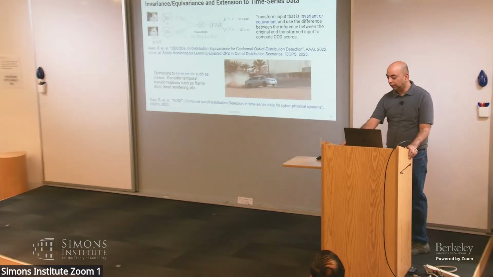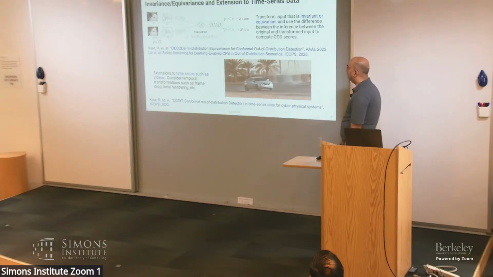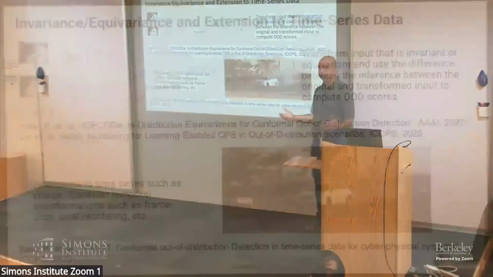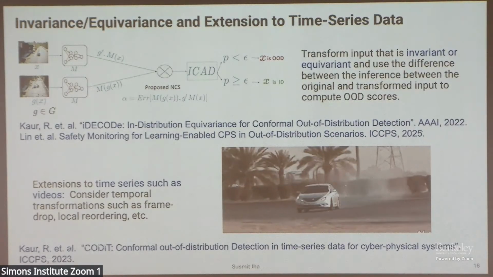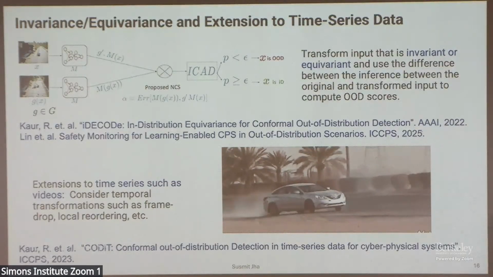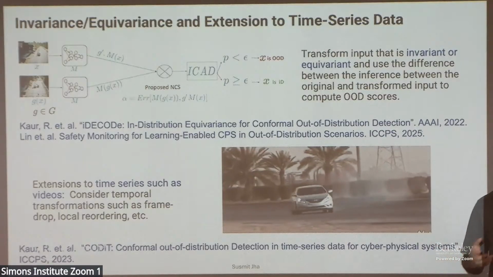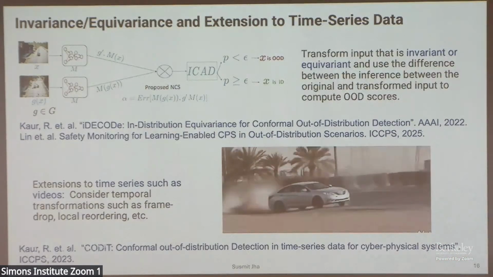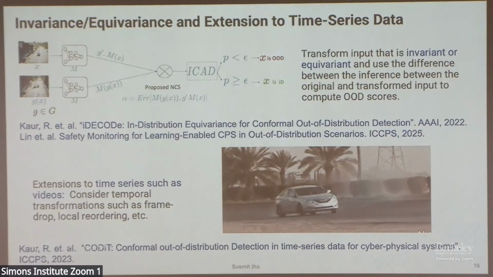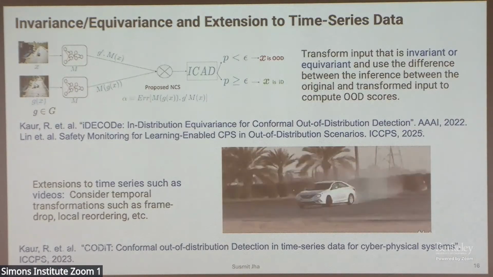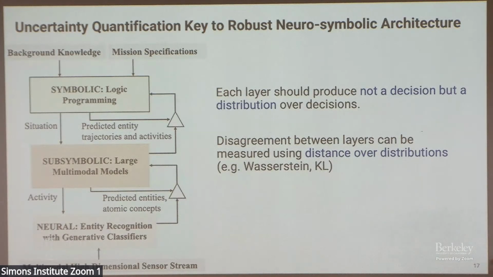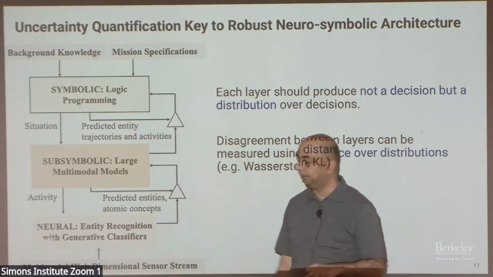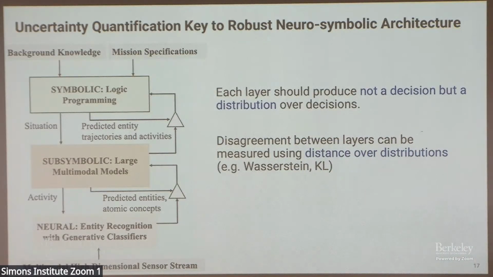Okay, so we also extended this entire thing to work with video kind of data, time series data, because obviously not everything is static. And we also looked at how we take advantage of invariance and equivariance with respect to transformations, especially if you think about embodied AI, robotic kind of applications. It's not just that you're looking at the input, you can do experiments with the input and then look at the result of those experiments as some sort of conformal set, and then run the same thing that I talked about. So apart from these extensions, what I will mention is that I focused a lot more on the entity recognition, how to do the uncertainty quantification here, but each of these layers has to deal with it.